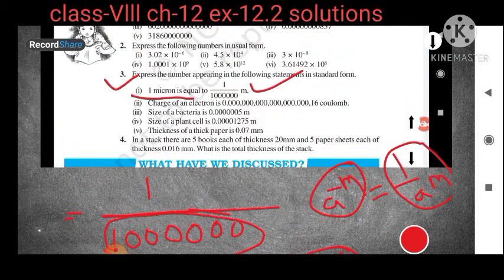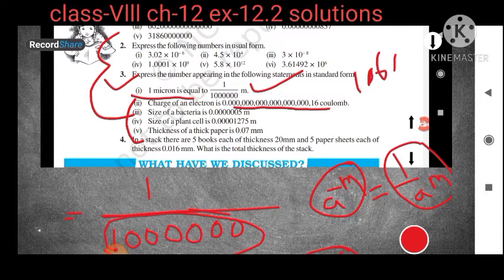Now next question. I will keep all these questions as homework, because just like question number 2 and 3 you have to solve them just like question number 1. Here you can see a decimal is given and so many zeros are there. You count the zeros and put 1.6 into 10 to the power of the number of zeros. Since the point is shifting from left to right, the power will be negative. So in the same way as question number 1, you will solve question number 3 also. This is your homework. Now come to the next question.